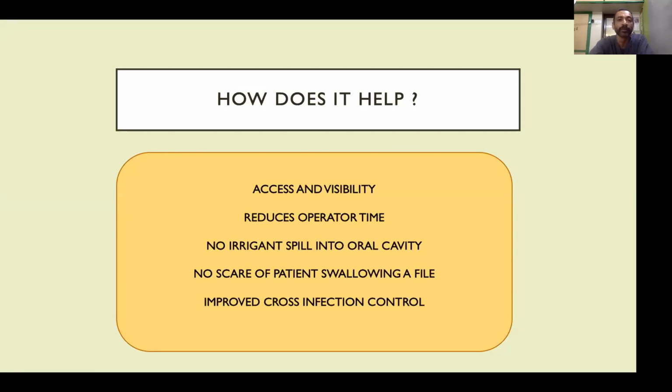Now, you've all studied that sodium hypochlorite is a great irrigant to be used in endodontics. The reason why sodium hypochlorite is so great is that it has a huge tissue dissolving capacity. So when you put it inside the pulp chamber and the root canal space, it dissolves the tissues and destroys the microbes while it's being there. But I wonder if any of you have